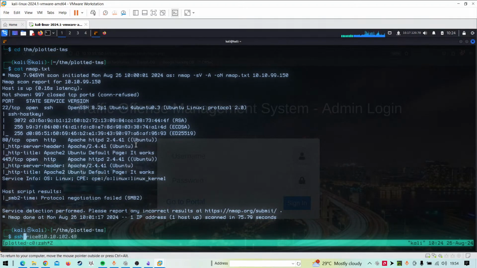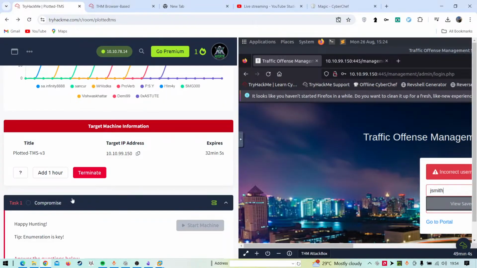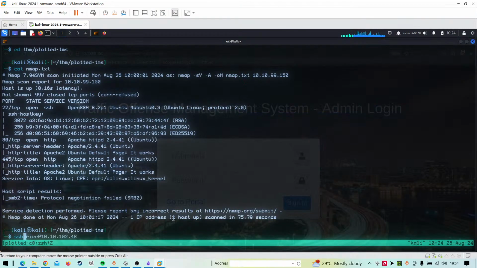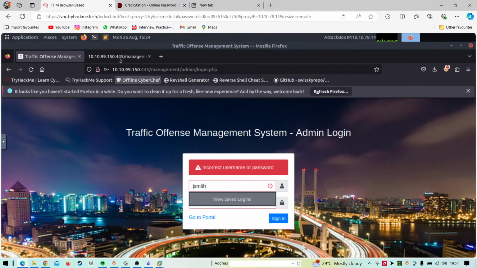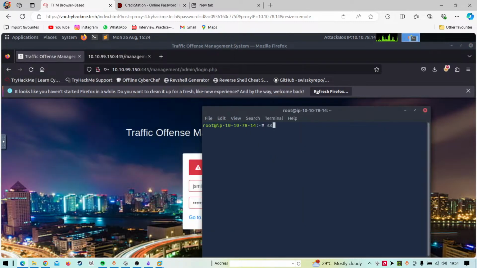So can we just SSH into J Smith? Because admin couldn't be the name, but J Smith, there's a chance. There is a chance. So we have J Smith.